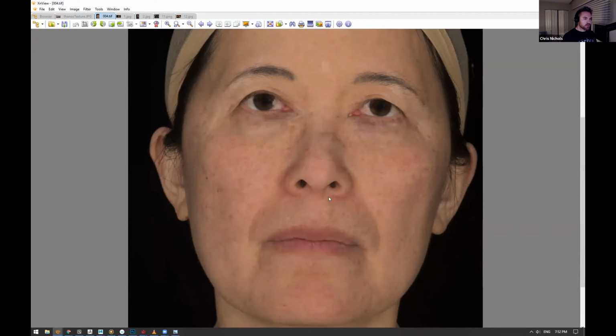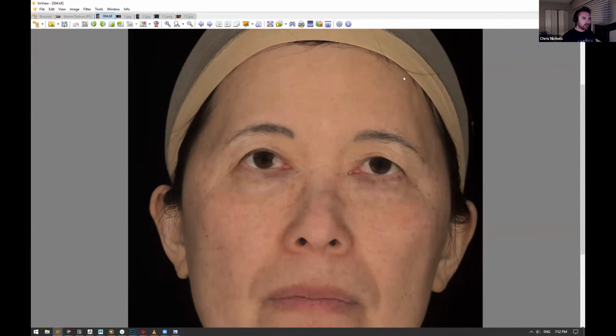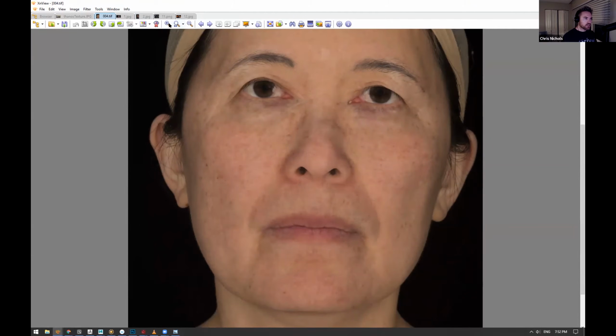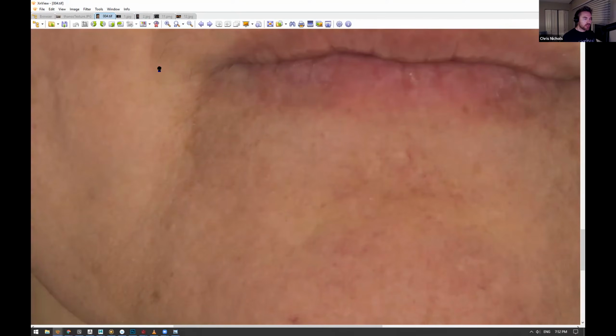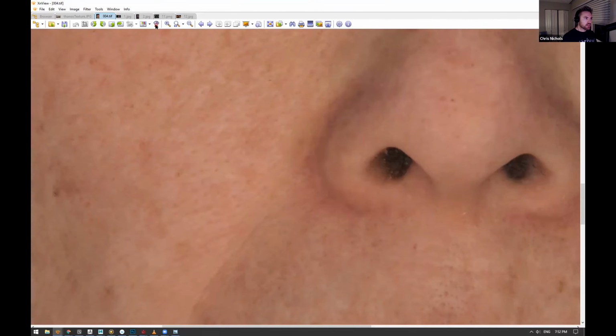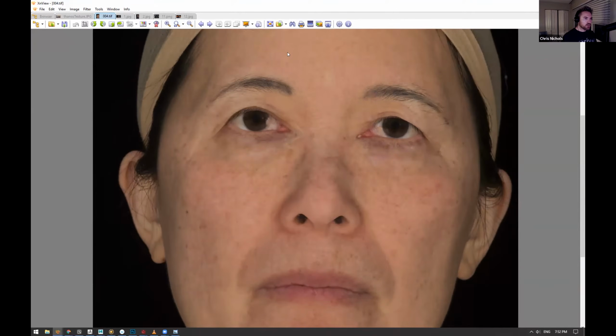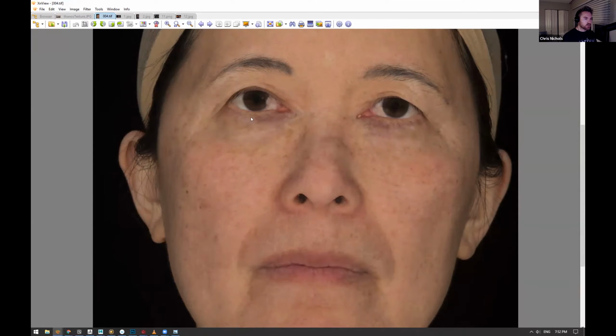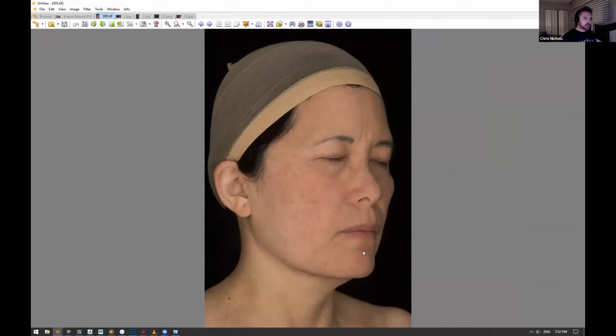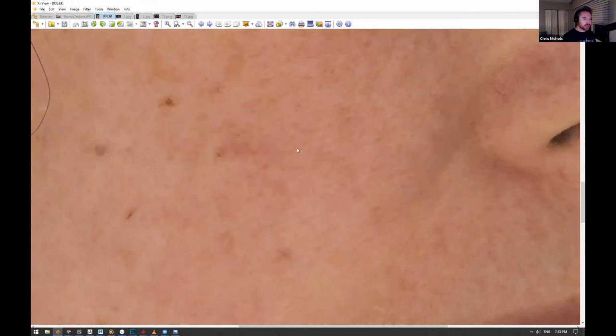What I tend to do with Thanos and all my creatures in my workflow is find some really nice polarized photos like this. These are usually very high resolution. I start by projecting these onto the surface so that I've got a really nice, interesting, human-looking base that I can start to work with. Usually there's a set of these from all different angles as well. So you can get a very clean, very even surface where I'm able to take out a lot of the inconsistencies of the face, like the pores.